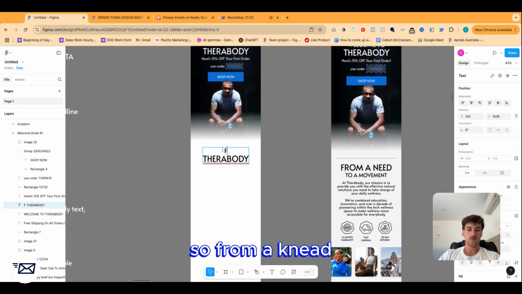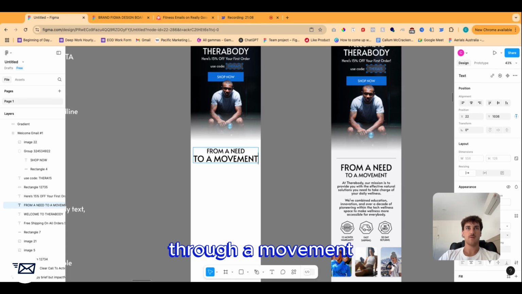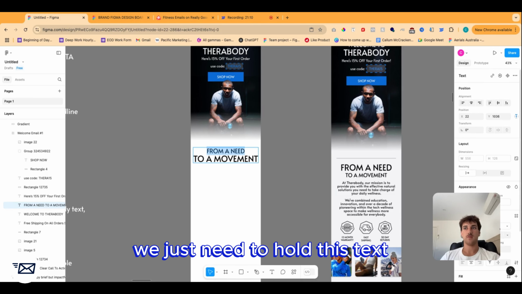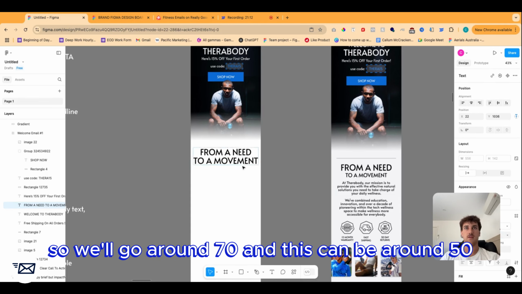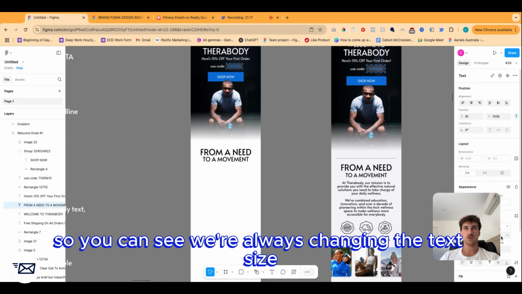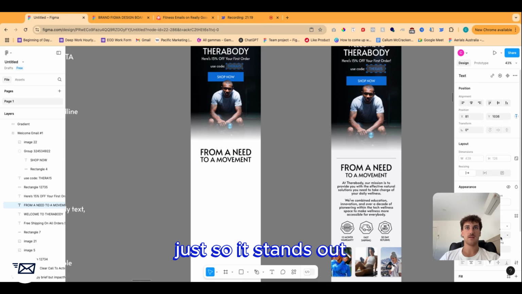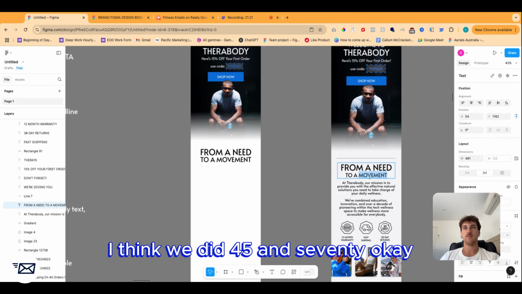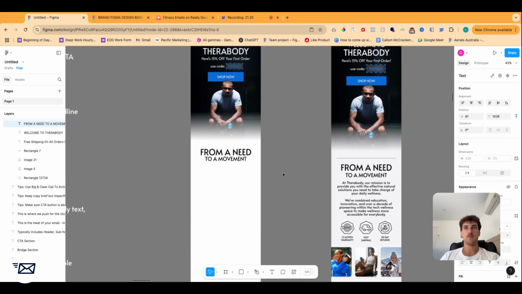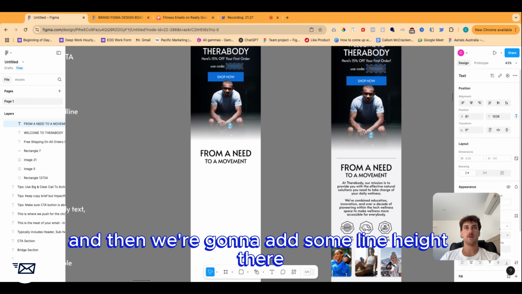So from a need to a movement, we just need to alt this text. So we'll go around 70, and this can be around 50. So you can see we're always changing the text size just so it stands out. I think we did 45 and 70. Okay. From a need to a movement, and then we're going to add some line height there to make it